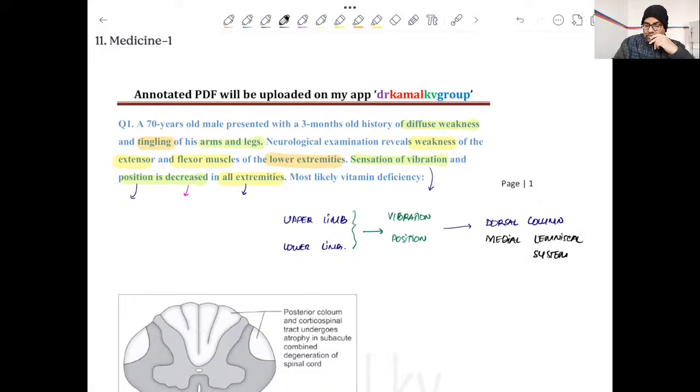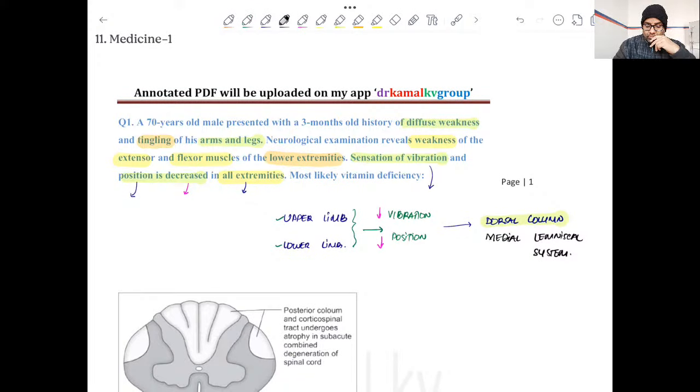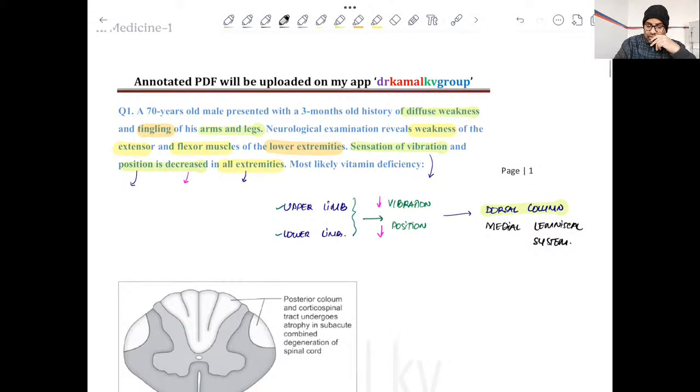So it means there is some affection of the dorsal column, right? And that is evident by reduction in vibration sense and reduction in position sense. Now the important thing is that involvement of both upper limb and lower limb is there. So it means there is some condition which is affecting the dorsal column and all four limbs. Now this condition is related to some vitamin deficiency, and there is only one vitamin deficiency that can give you this kind of neurological picture where there is affection of the dorsal column, and that is